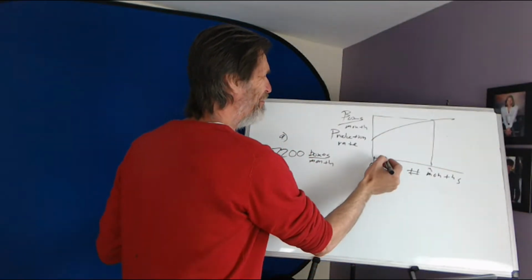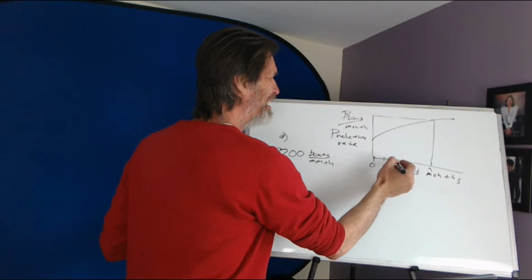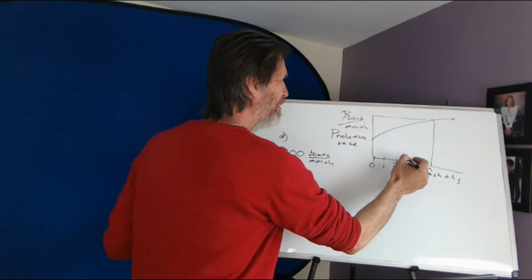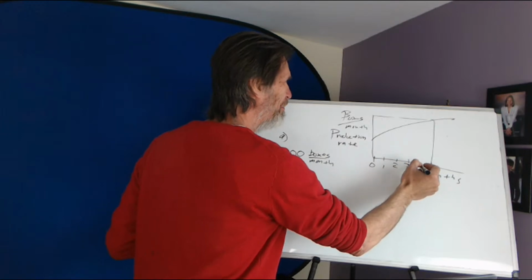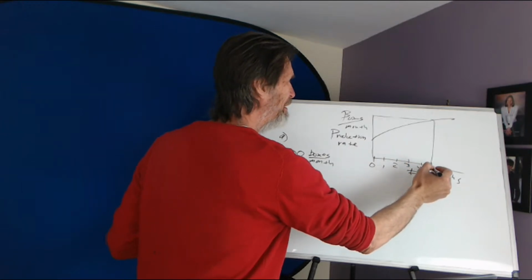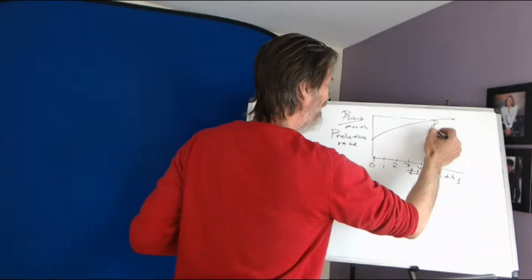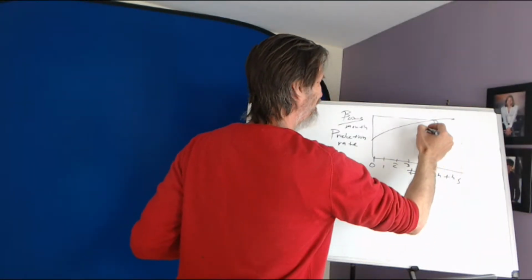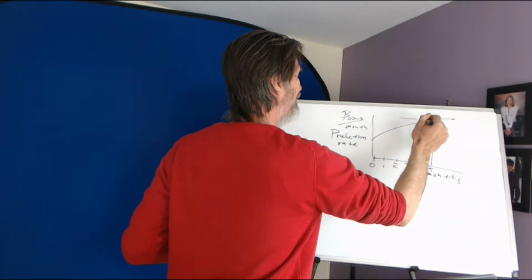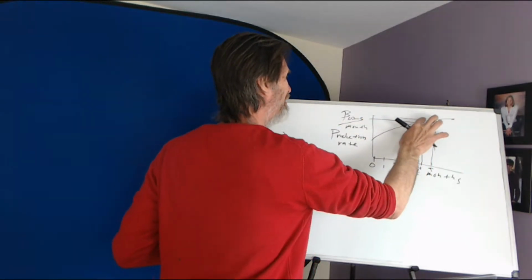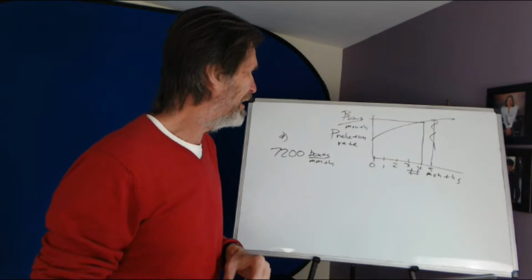0, that's the start of the 1st month. 1 is the start of the 2nd month. 2 is the start of the 3rd month. 3 is the start of the 4th month. 4 is the start of the 5th month. 5 is the start of the 6th month. I better back up a little bit. Read that one wrong. All right, back here we go. So there's the start of